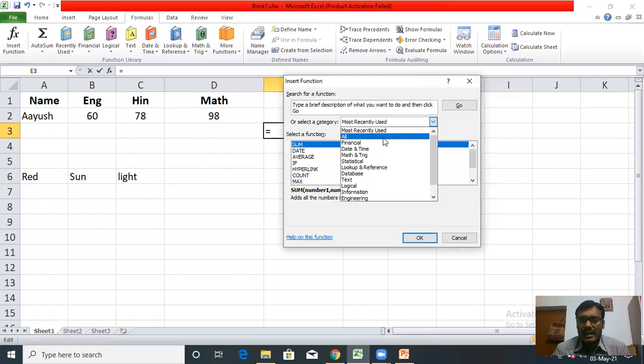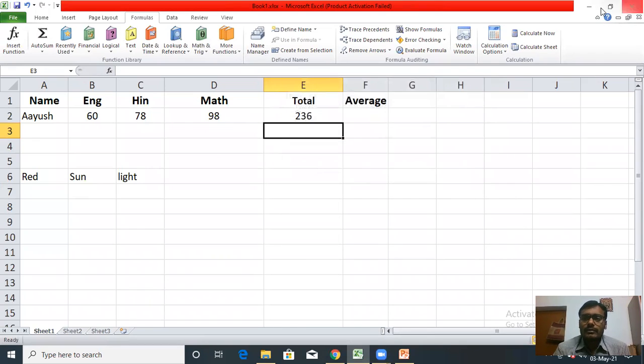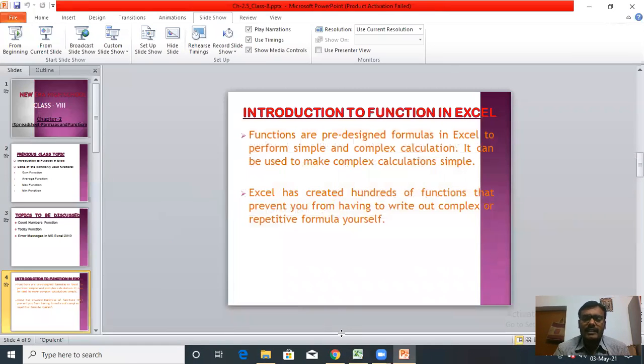Here this is the all category, means all functions are available here. You can see how many functions are available. You can use these functions according to your requirement. Okay, each function has a different use. So functions are predefined formulas which are used for calculations.